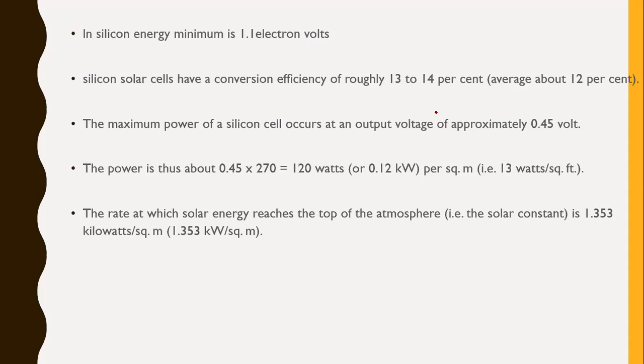So the output of a cell of a given area can be increased by combining it with a concentrating collector. Not only individually using a photovoltaic cell, if you combine it with a concentrating collector, this gets more efficient. And tracking collection of the line focus type can provide a concentration of a few hundred.